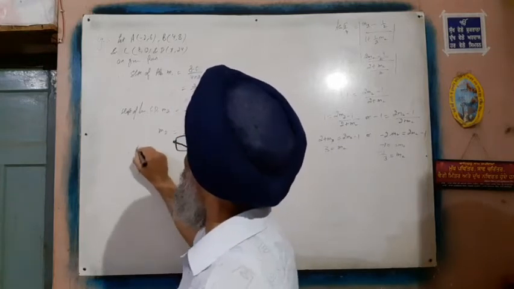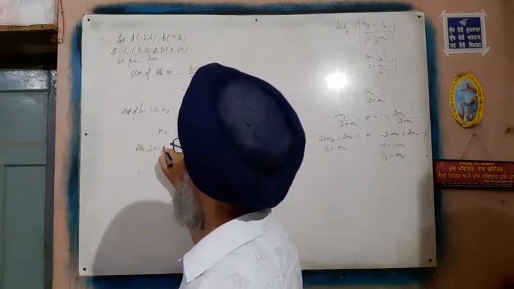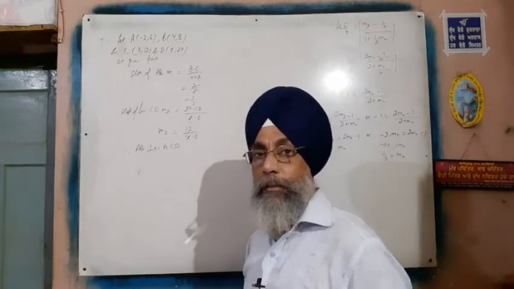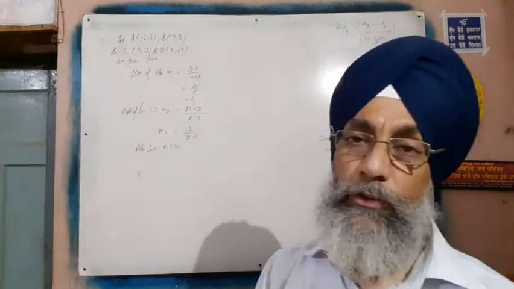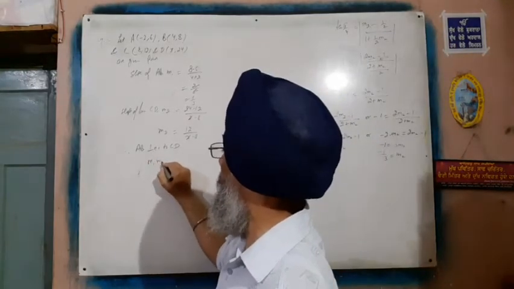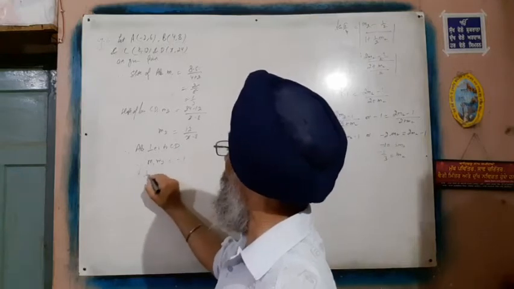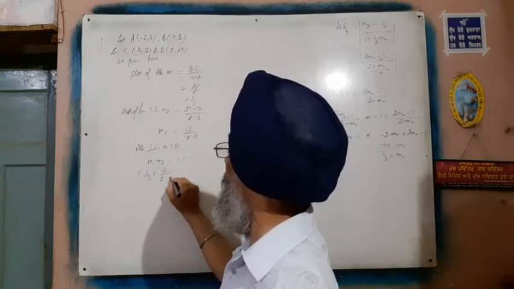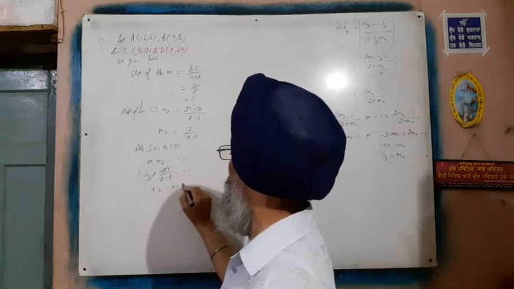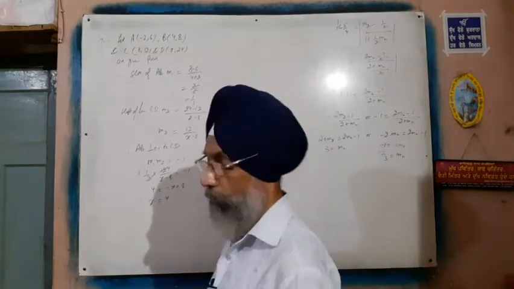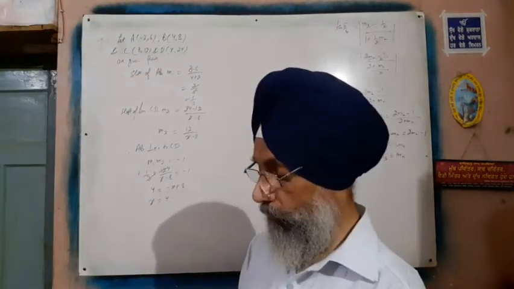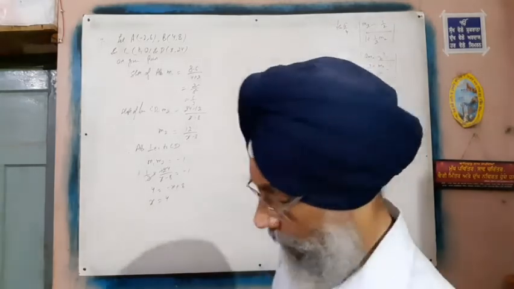Now since it is given that AB is perpendicular to CD, in the case of two perpendicular lines, the product of their slopes is minus 1. Therefore, m1 times m2 is equal to minus 1: 1/3 into 12 upon x minus 8 gives 4 upon x minus 8, equal to minus 1. So x is equal to 4. So the value of x here is 4. Clear?